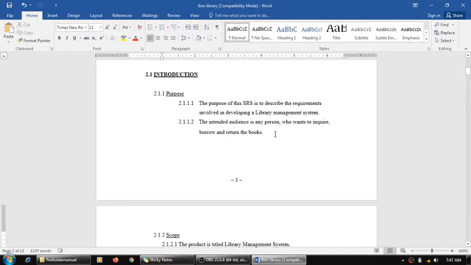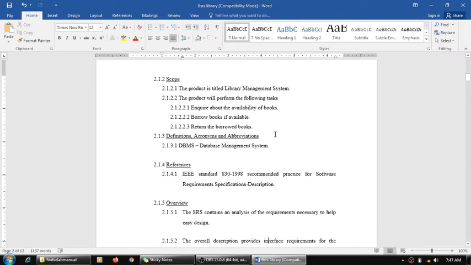Simply, intended users means end users of this. Scope. The product is titled Library Management System. The product will perform the following tasks: inquiry, borrow and return. The acronym used is DBMS, that is, we have to prepare a database. References, yes, it has been referred from the IEEE standard. This particular standard is being referred.